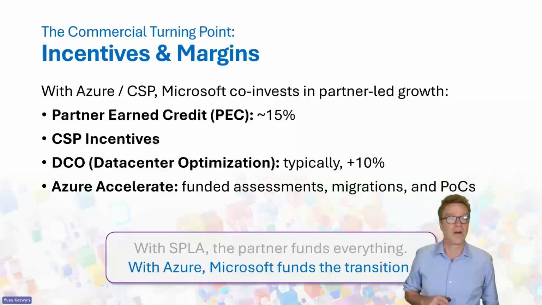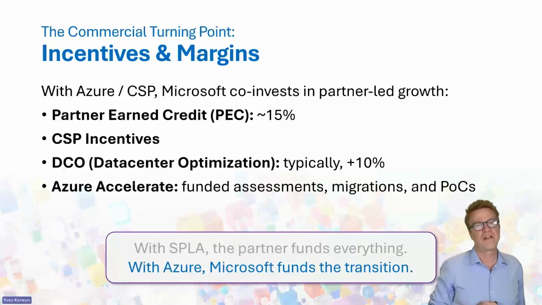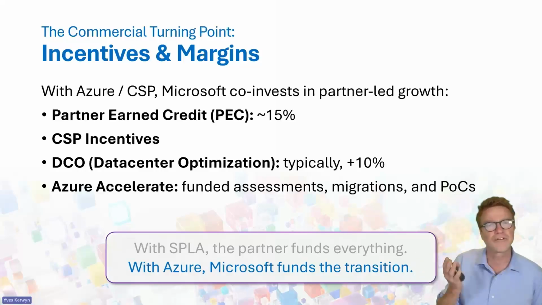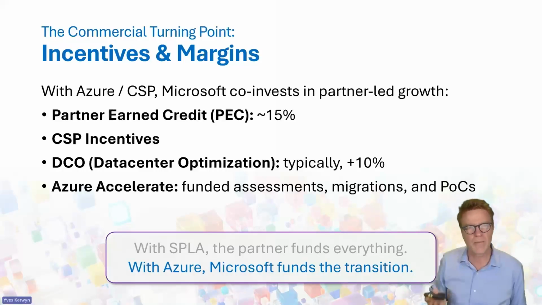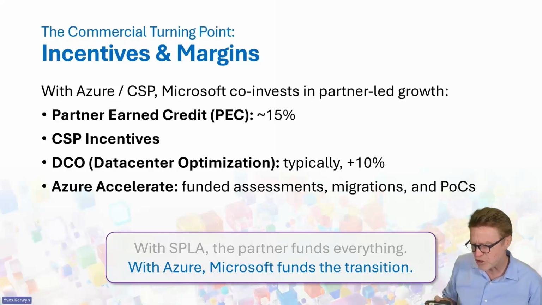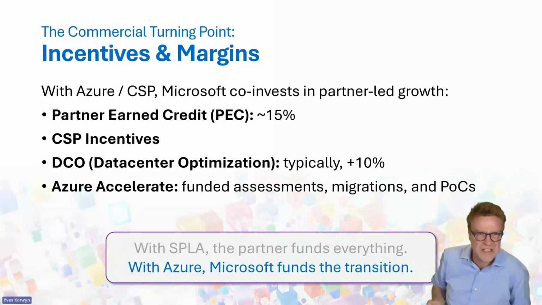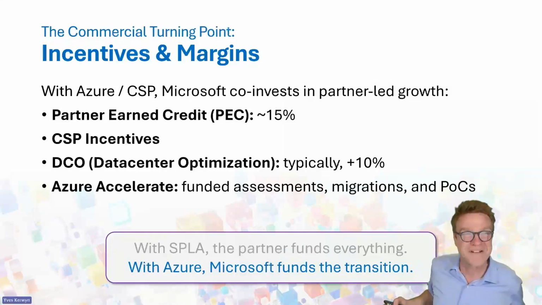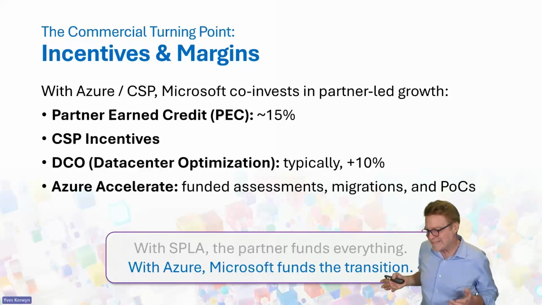Here you see basically a summary of what I said. The incentives and the margins, you have the earned credit, and PEC is all about getting, it's not a reduction on your price, but it's a reduction. You get your invoice from Microsoft, and